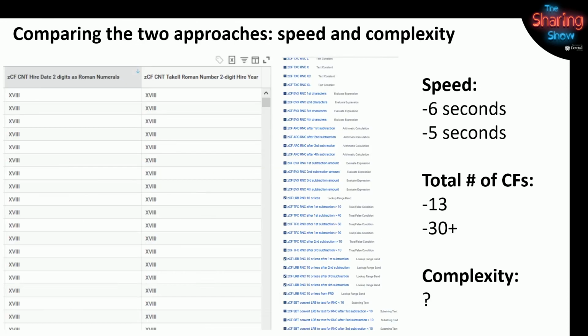So is your solution the best solution? Well, turns out, Rick, I timed yours and mine. I did both so I could time it. Yours is faster by hardly any, but yours was 13 calc fields. I think mine was over 30. I kind of lost track. I tried to make it simpler. So complexity, well, we'll let the audience decide which one was easier to follow. I know where I vote. Not completely moving to Texas, but I've got you on speed dial, Rick.